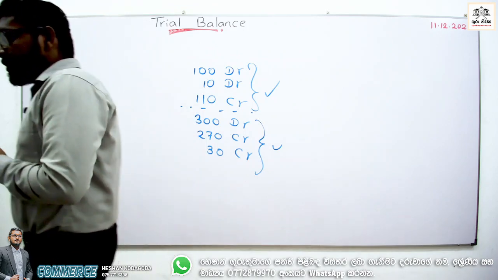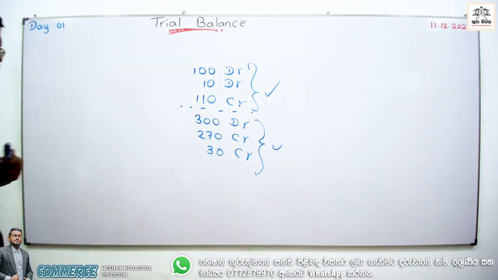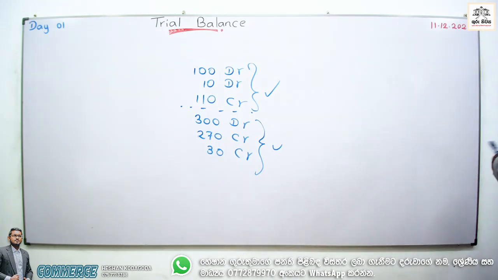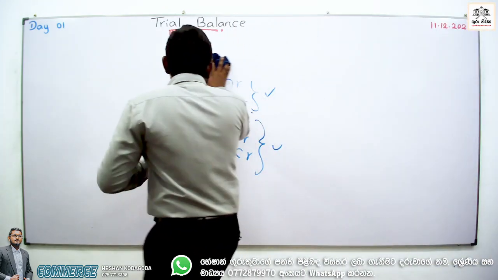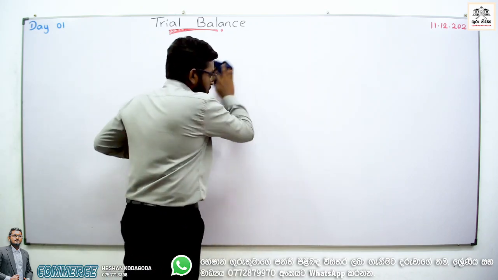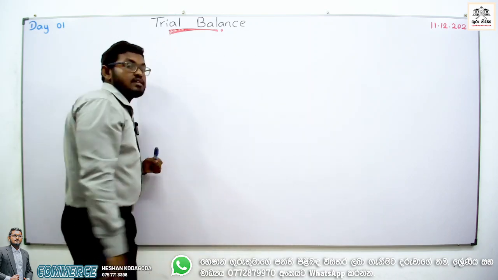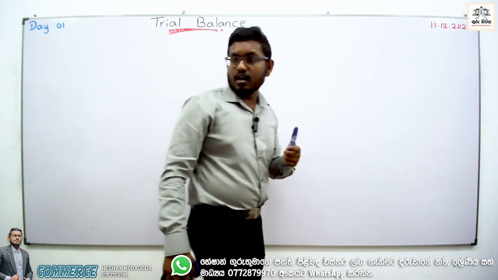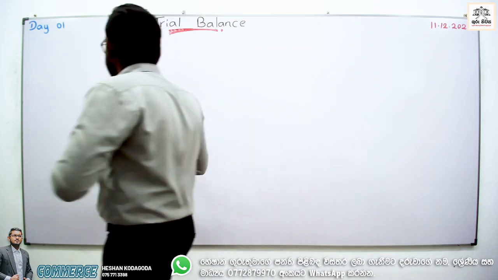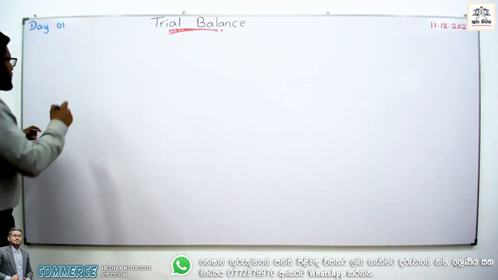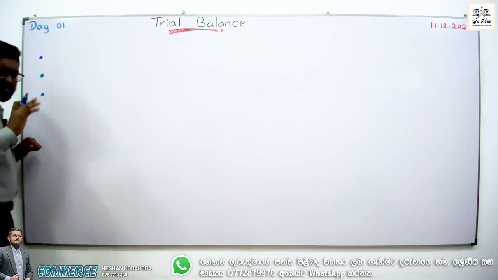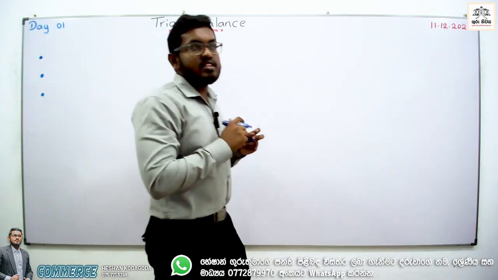Now before moving to the chapter, I'm going to tell you a few things. Listen to this carefully. No need to write anything, this is just for your reference. I think you can remember we already did trial balance in cash book and bank account. I'm going to take 3 transactions, so I need your support.